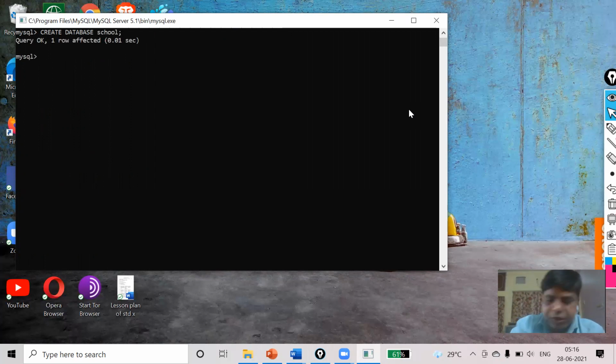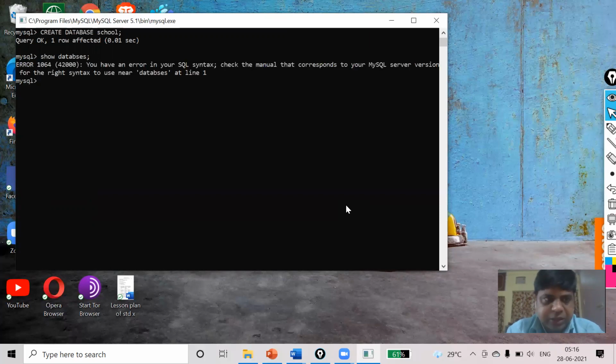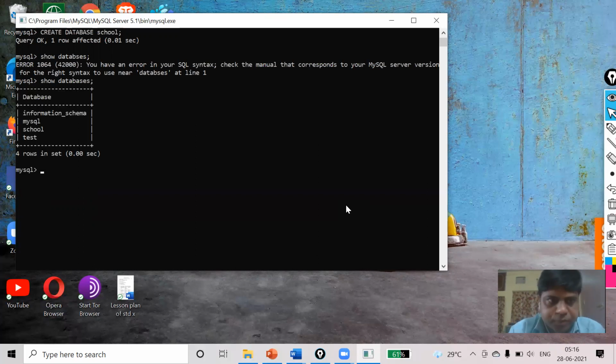Now you can see your database has already been created. Now I have to use this database. But before that, let me show you whether the database will be displayed or not. Now you can see the database which I created is already showing there.